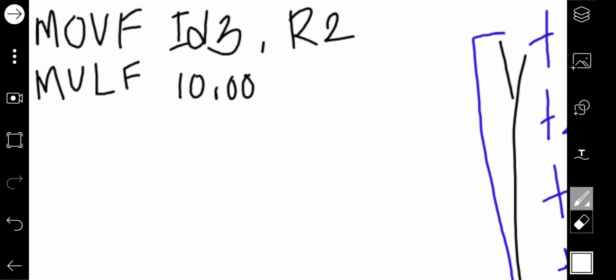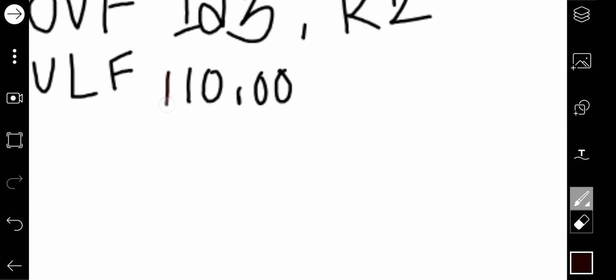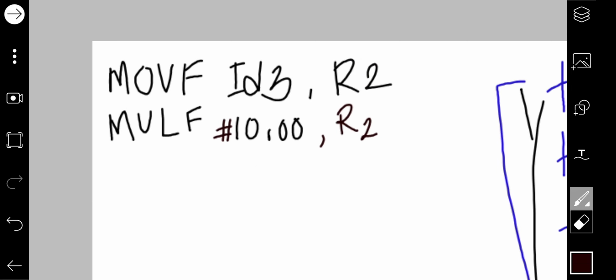In our PC, hash means it is having some value, a numerical value or character value. So what is happening here, this 10.0 is being multiplied with ID3. We already had ID3 in R2. Now we are multiplying 10.0 with the value in R2, then saving the value again into R2.